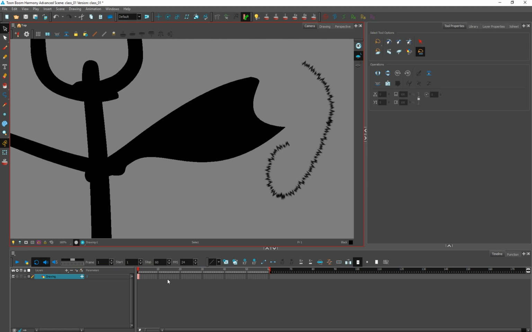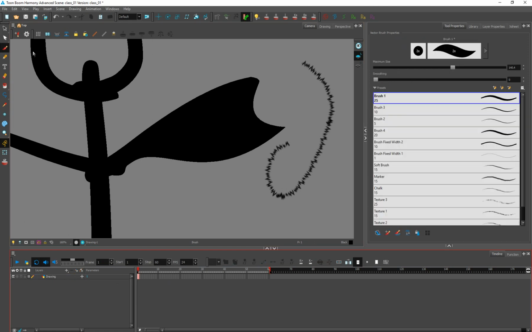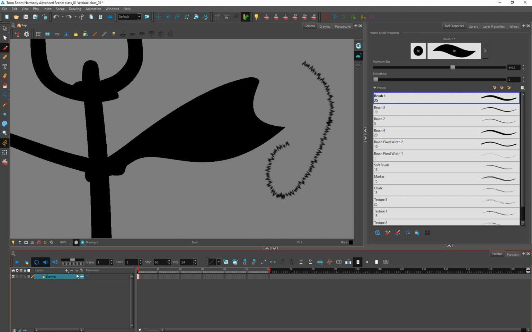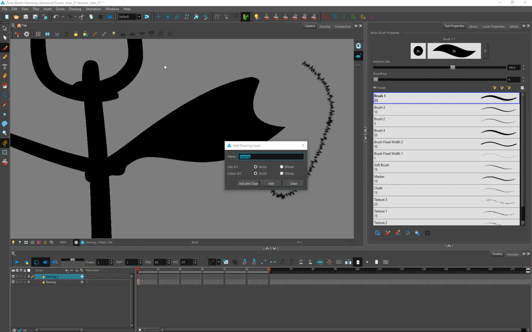If you are not selecting anything and you do this, it is going to add the drawing in the existing layer. It is not going to create a new layer. Here, if you want to create a new layer, you have to select this option and add a layer, and then you can actually